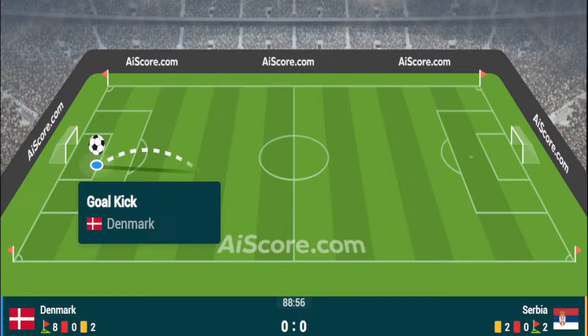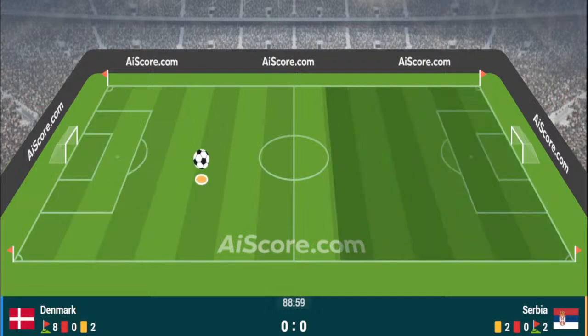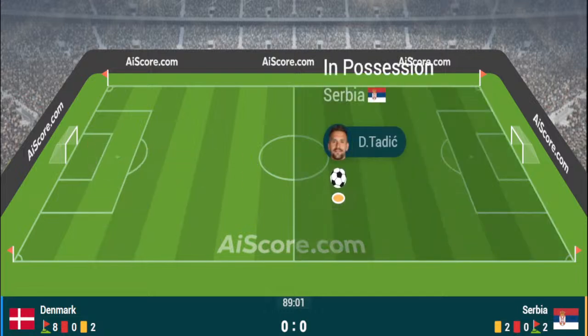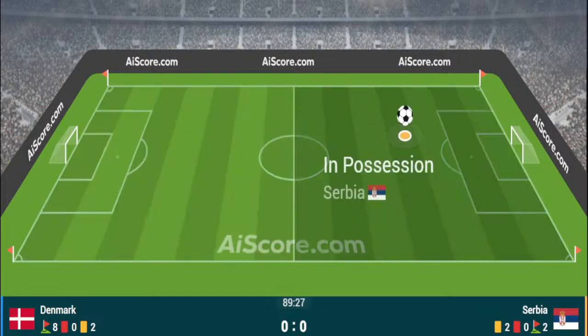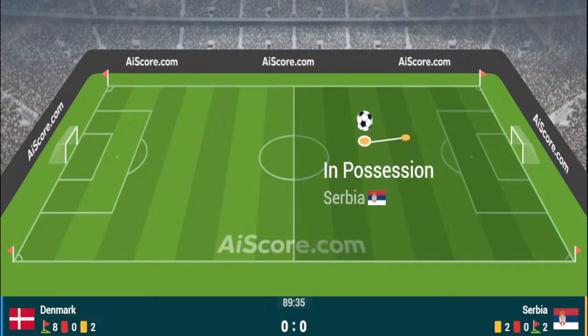88 minutes on the clock, 88 minutes in which we haven't seen a goal, and a goal would change everything for Serbia. And it is Serbia who have the ball at the back and have it now with Pavlovic, and Pavlovic cuts the ball inside towards Milinkovic-Savic, and Milinkovic-Savic helped it forwards, and now Serbia come once more. They're on the right hand side, and they have the ball again now with Milenkovic, and Milenkovic is striding forward into the midfield. Now the ball is played long towards Vlahovic, and Vlahovic was underneath it, but Denmark do have bodies back there to ensure that the ball is cleared sufficiently.